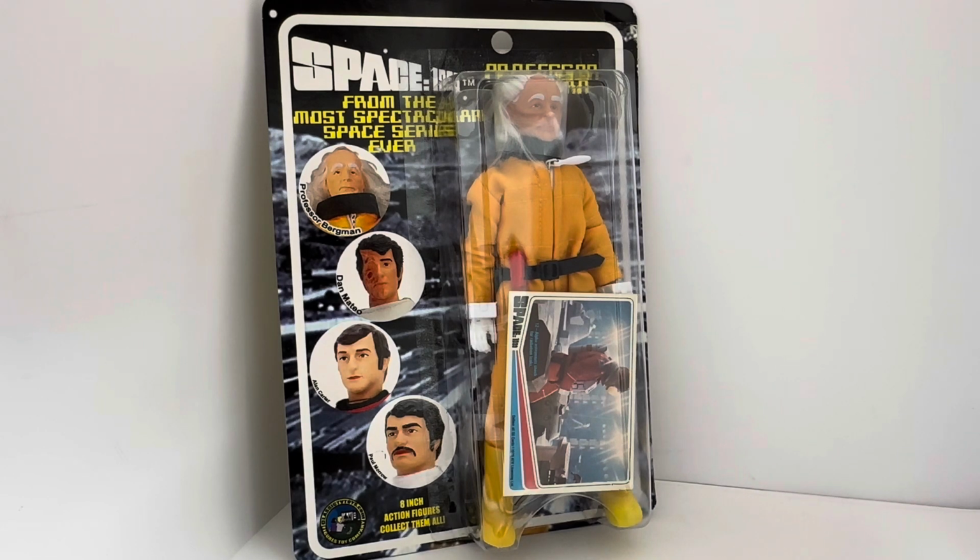Figure Toy Company decided to re-release them all based on the original Mego dolls. So this is what we've got here. This particular one we've got today is of Professor Victor Bergman, and he's in his radiation suit as seen in the episode Black Sun. Okay, so this is the card it comes in, and it says Space 1999, Professor Bergman,